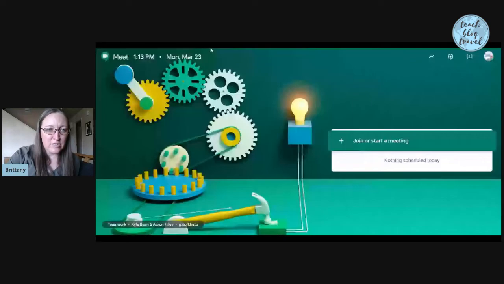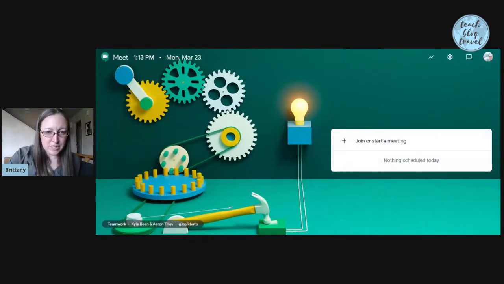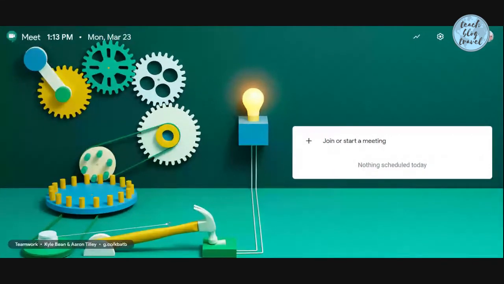So the first thing I'm going to do is I'm actually going to share my screen. And so you'll see in just a second that I have the meets already up on the screen. Okay, so what I'm going to suggest that you do, if you haven't already, is open up another tab in Chrome, just a new tab, and go to